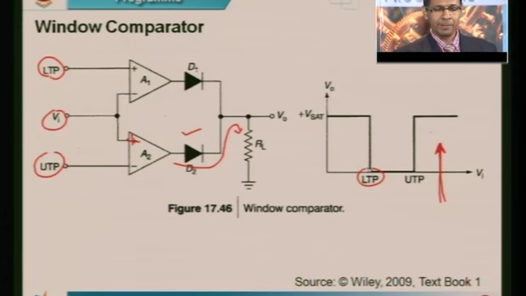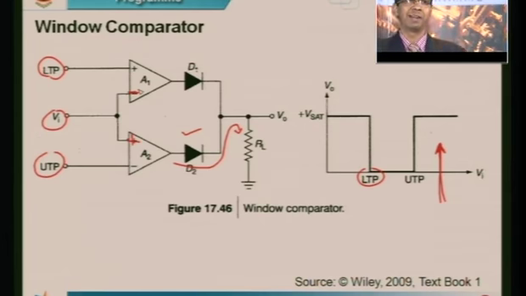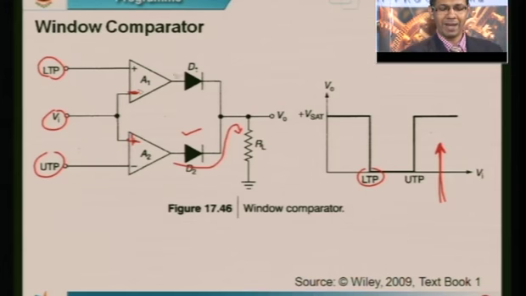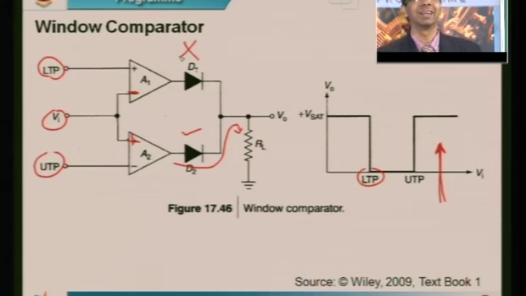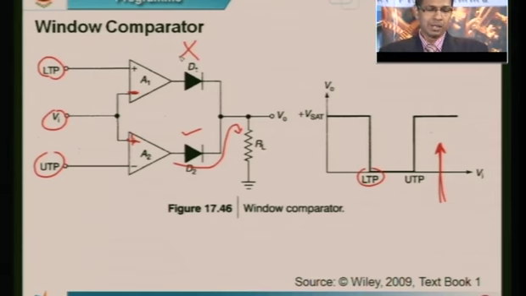So what does that mean? My input at the inverting terminal is greater than the input at the non-inverting terminal. So the output is minus Vsat. So this diode is reverse biased. Once it is reverse biased, it cannot conduct. Therefore, the output is only because of the lower comparator and D2 being on,